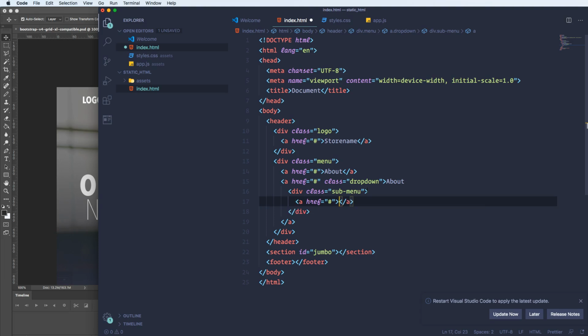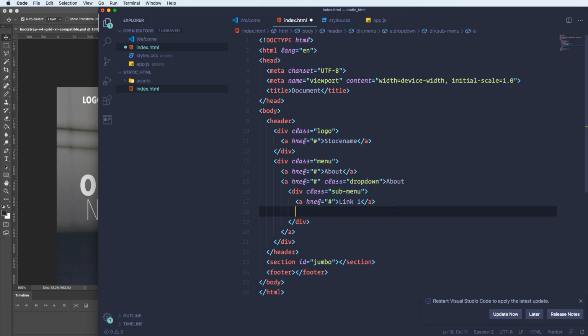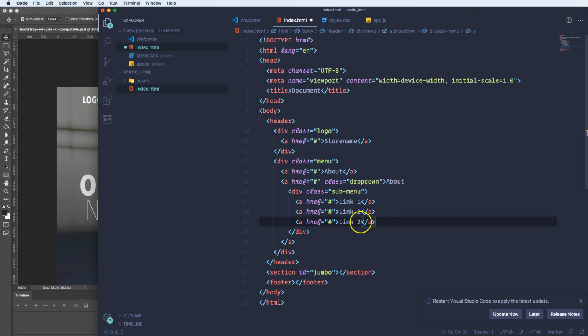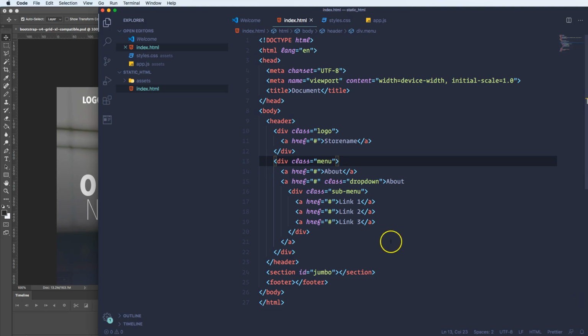Okay, let's say link 1, link 2, and link 3. All right, cool. So now that we have this, what we want to do is actually run